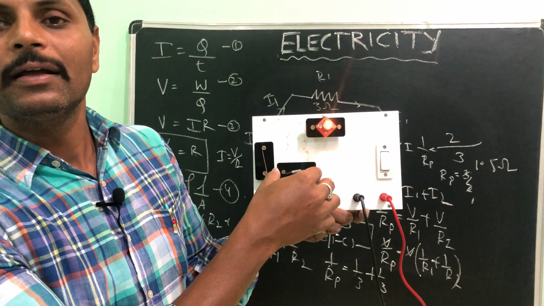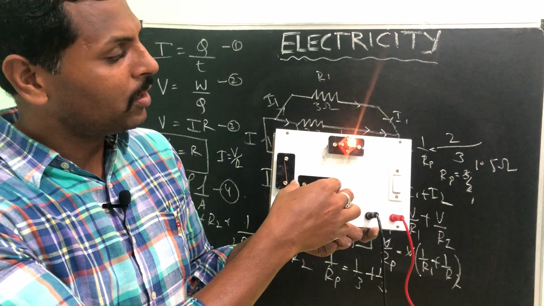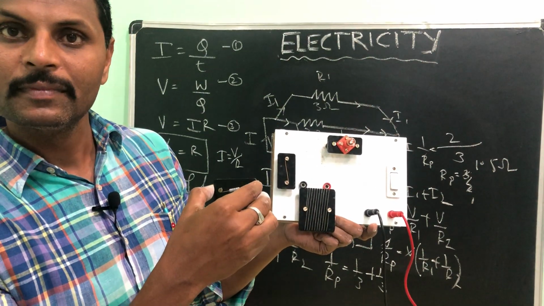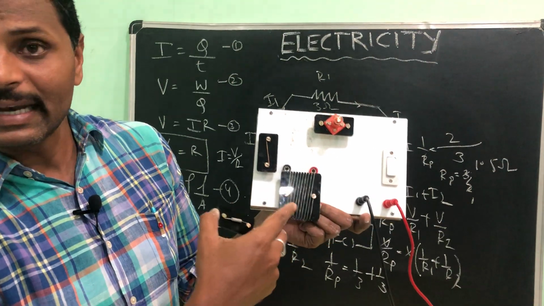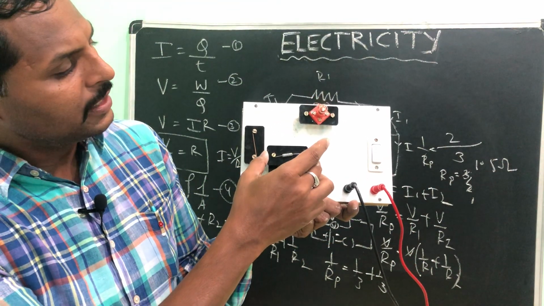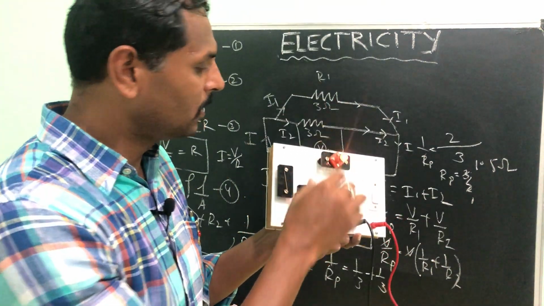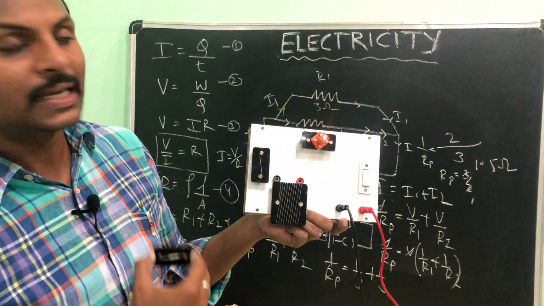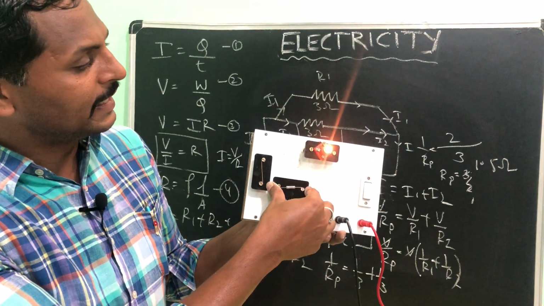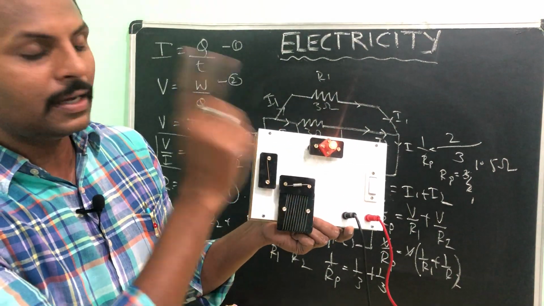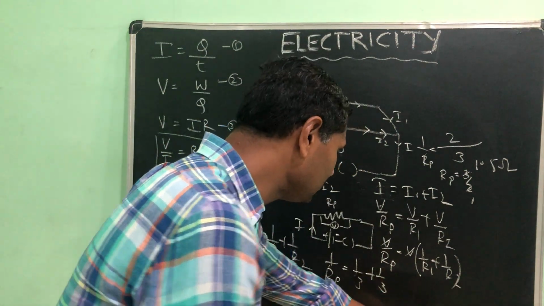See, the resistance decreases, automatically light started glowing more. See, I will remove here. This is a resistance connecting in parallel to this resistance. This conductor acts like a resistance here. See here. If I remove this, once again the flow of light is less. If I add this one, resistance decreases in the circuit and light started glowing more. So, this is the funda behind it, that is it.